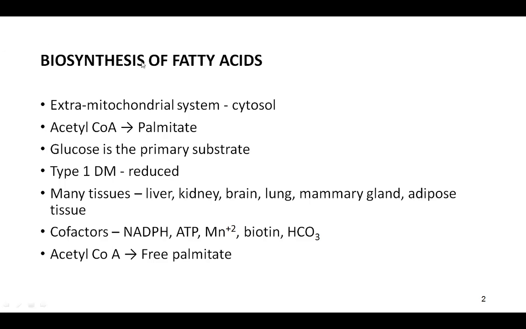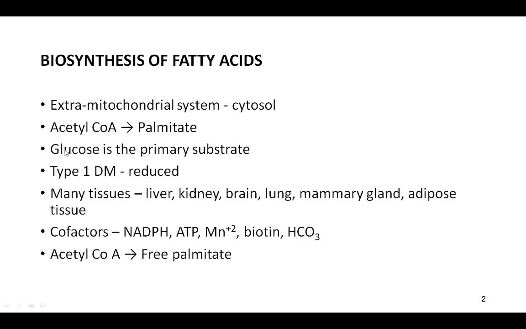Now, for fatty acid synthesis, the most important substrate from which the fatty acid synthesis actually happens is acetyl coenzyme A. Because there are different types of fatty acids, different chain lengths, saturated, unsaturated, we cannot read about the biosynthesis of all. One of the most common fatty acids found in the body is palmitic acid. So we are going to see the synthesis of palmitic acid from acetyl coenzyme A. But for all fatty acid synthesis, especially even chain fatty acids, acetyl coenzyme A is required. For short chain fatty acids, propionyl coenzyme A is also a substrate.